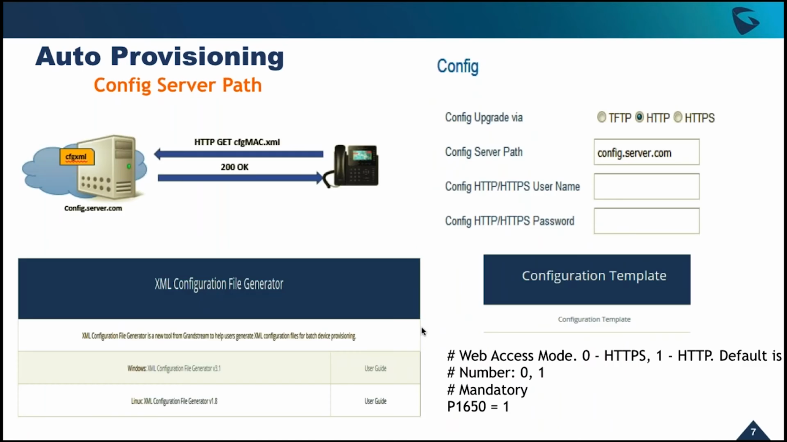This is the config server path. So this is the second method, which is 100% manual. You need to access the web user interface manually or the LCD screen to set up the config server path. The config server path can be configured with an IP address or an FQDN that the device will use to request the config file using a TFTP, HTTP, or HTTPS protocol,